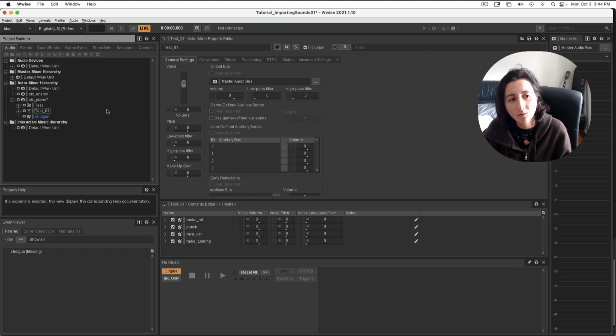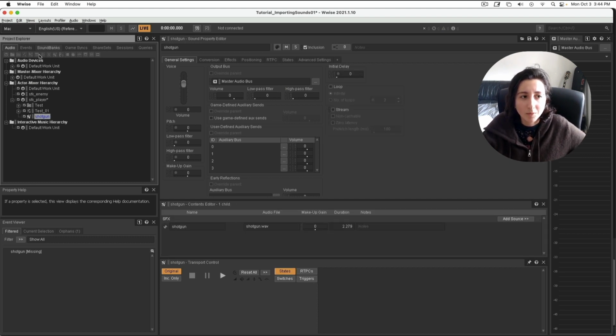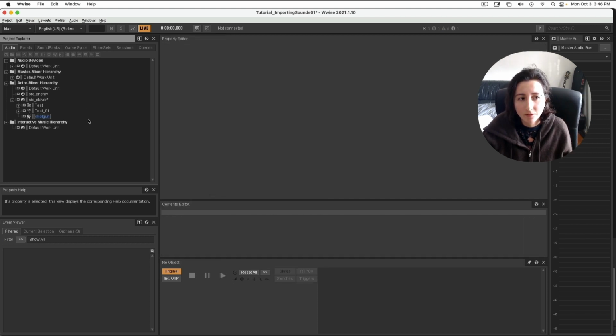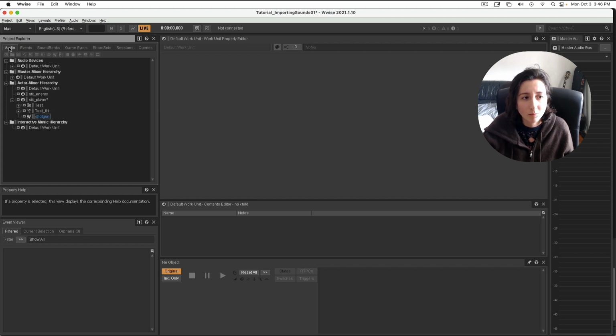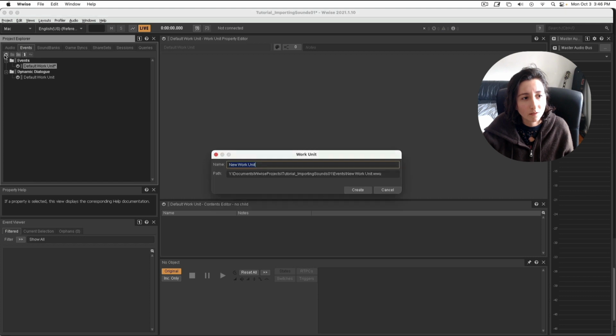But now I want to talk about events. So now I have one sound here, but I didn't create any event, right? That means it's not gonna play in the game. I need to have an event. So I'm gonna go to the Events tab. As you can see here, I also have a default work unit. The best way to do it is to keep it organized the same way you are doing in your audio tab. So I can go here and create, let's say, just a sound effect